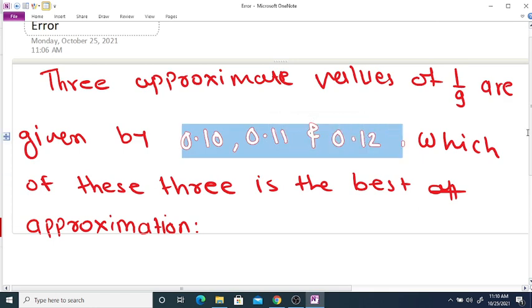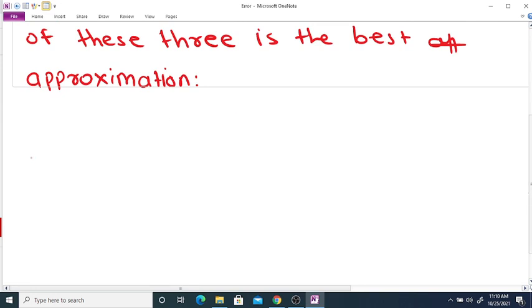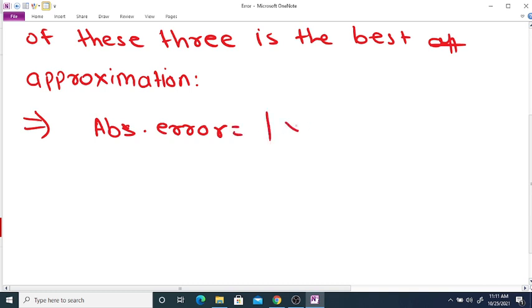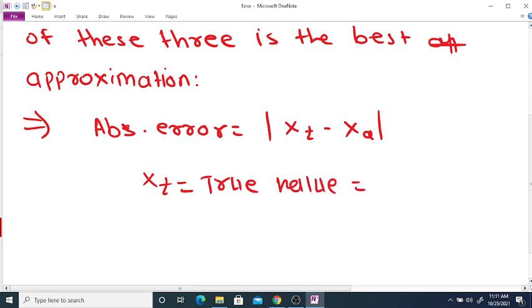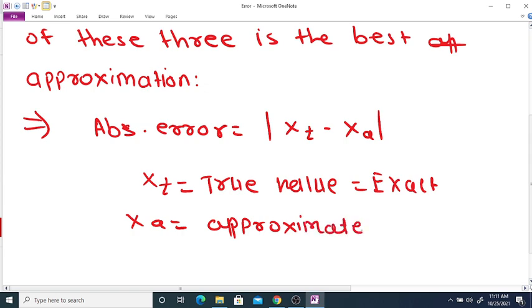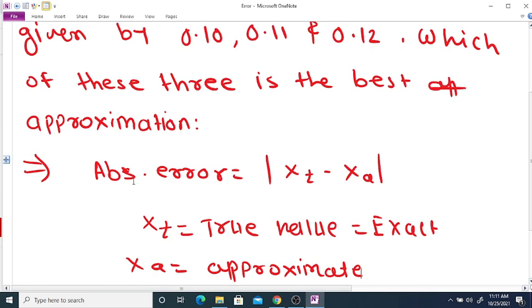if the absolute error is less. First we want to determine the absolute value of the difference between the true value and the approximate value. So here the absolute error is equal to the modulus of Xt minus Xa. Xt is nothing but the true value or exact value, and Xa is the approximate value. If you take the modulus of the true value minus the approximate value, then you will get the absolute error,